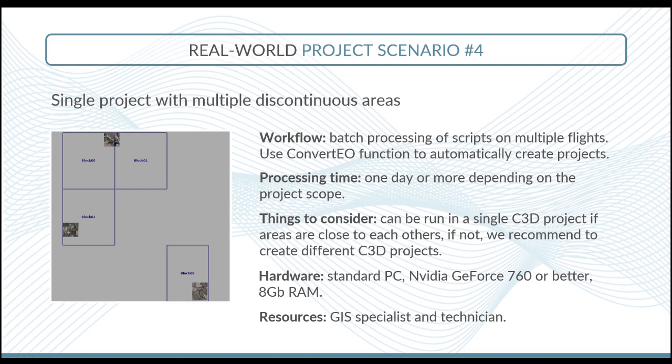However, what you can do if you have all these different projects created is use the looping function that I showed you a little earlier in this session, and create a script for each of these projects and loop with the command prompt, so the scripts are launched for each mission one after the other. In terms of workflow, you could use batch processing of scripts on the multiple flights, and obviously you will use the convert.io function to automatically create all of these